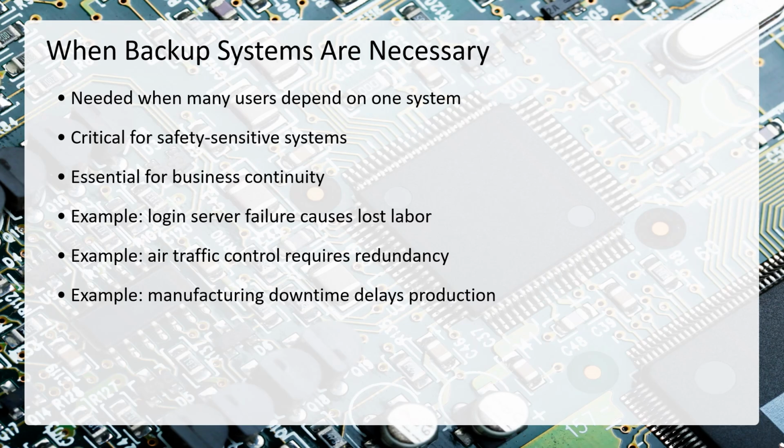So things like air traffic control or hospital systems. These are systems that really can't go down, and it's especially important to have failovers in those cases, or have redundancy, have backup systems in place so that air traffic control doesn't lose track of an airplane,